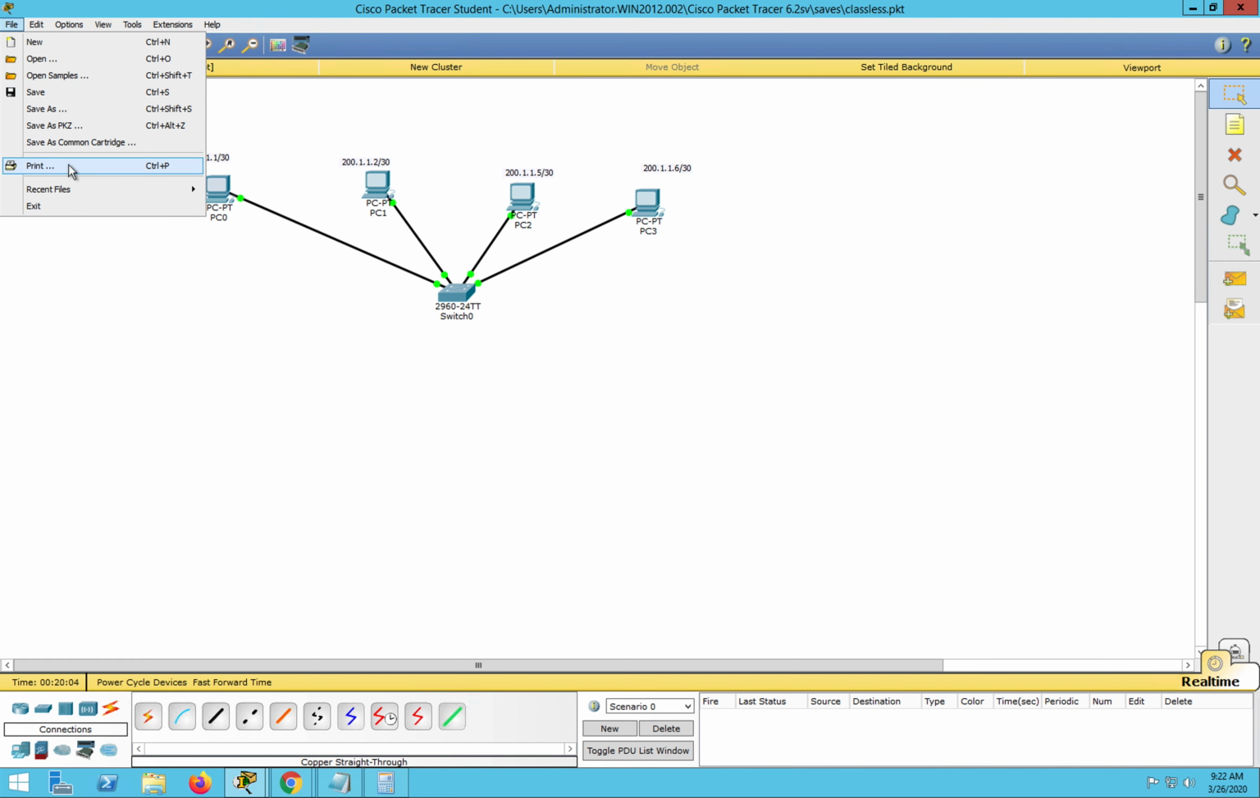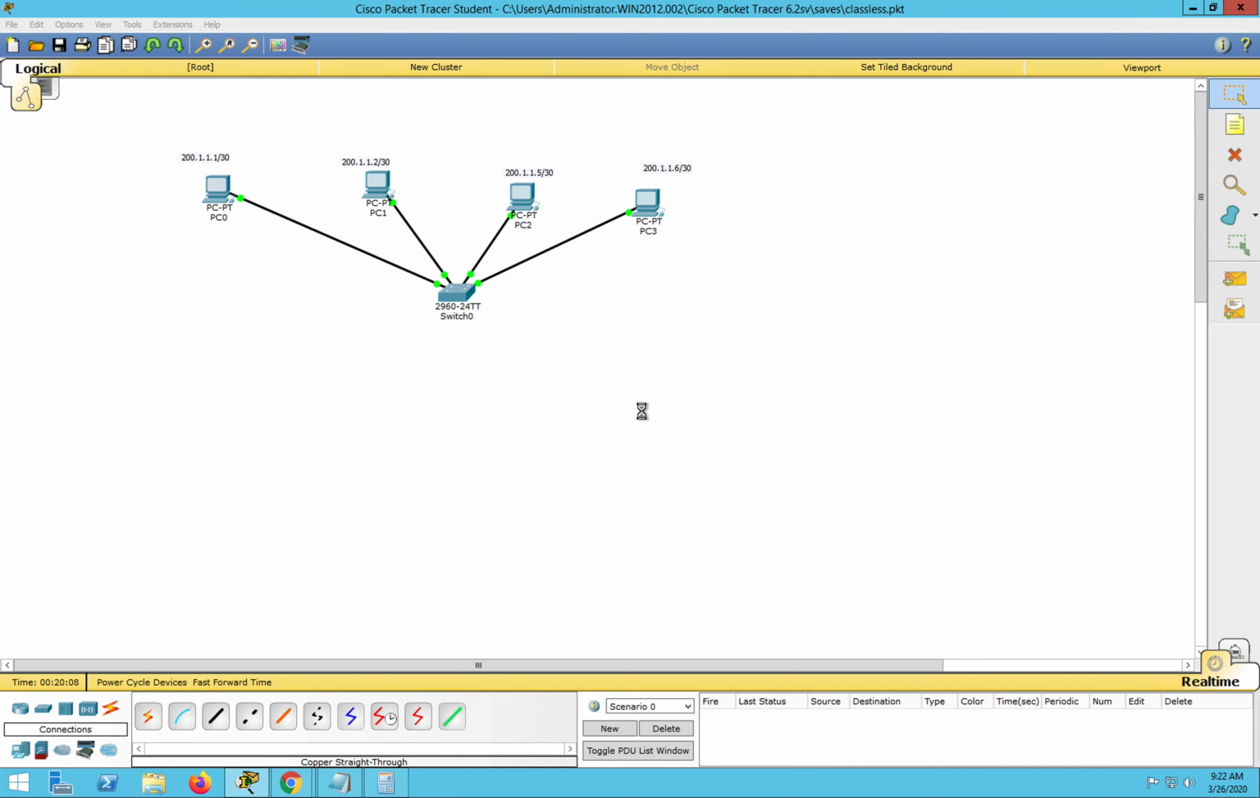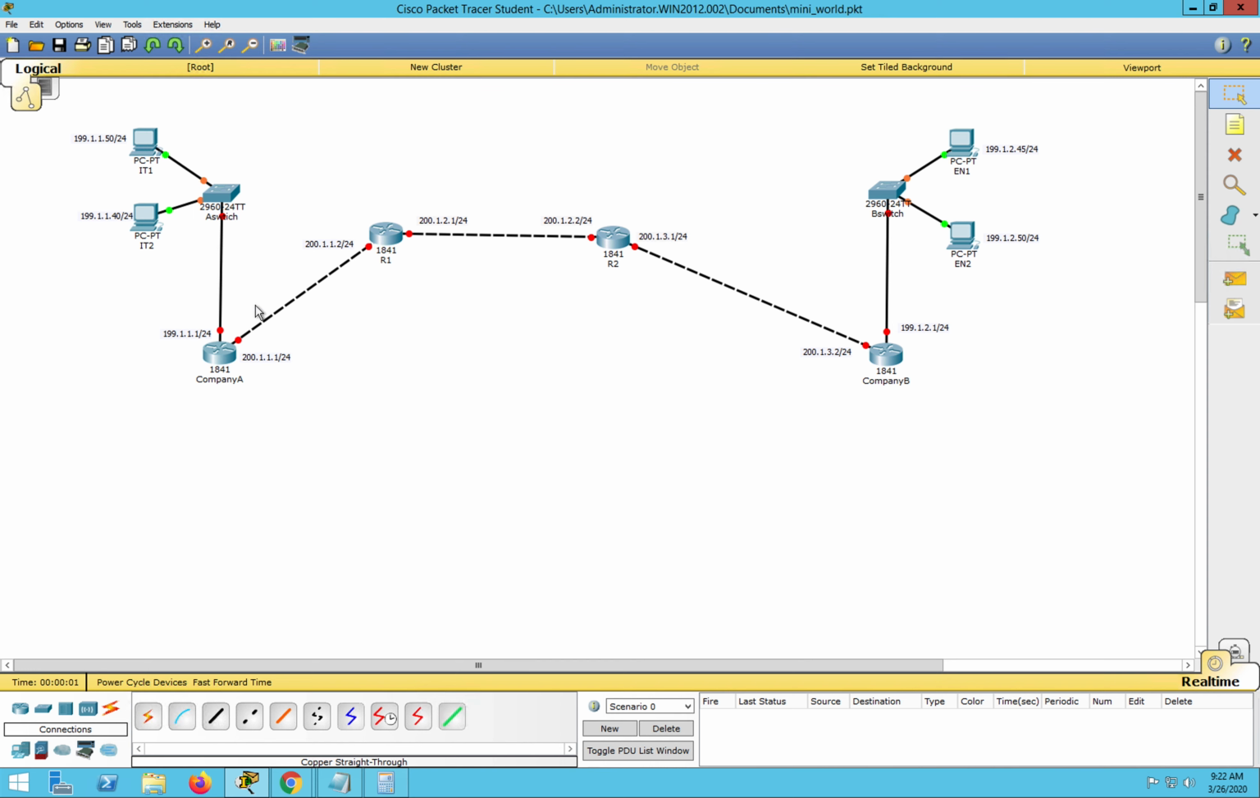And let me open up my little mini world that I had a second ago. Yes, I want to save that. Okay, so remember what I did last time is I used the entire